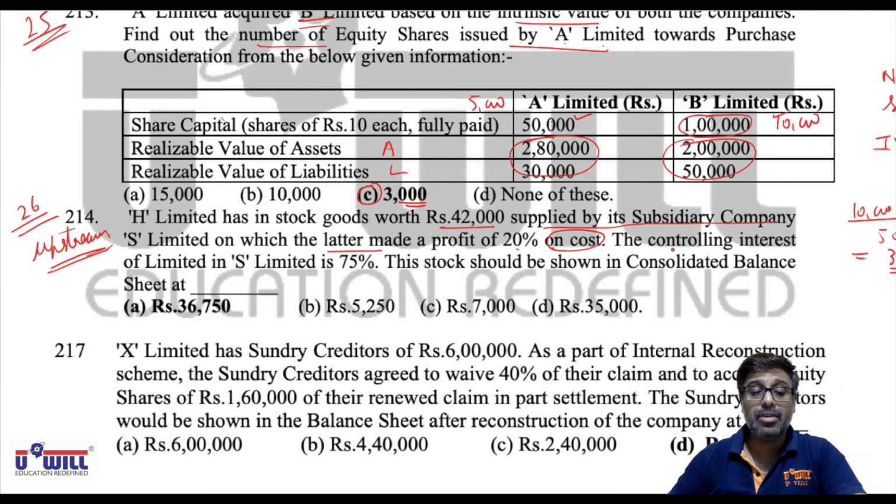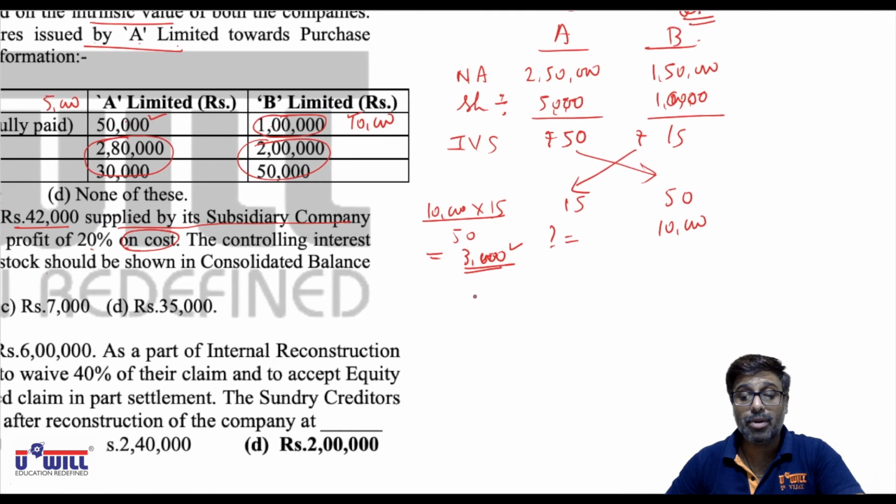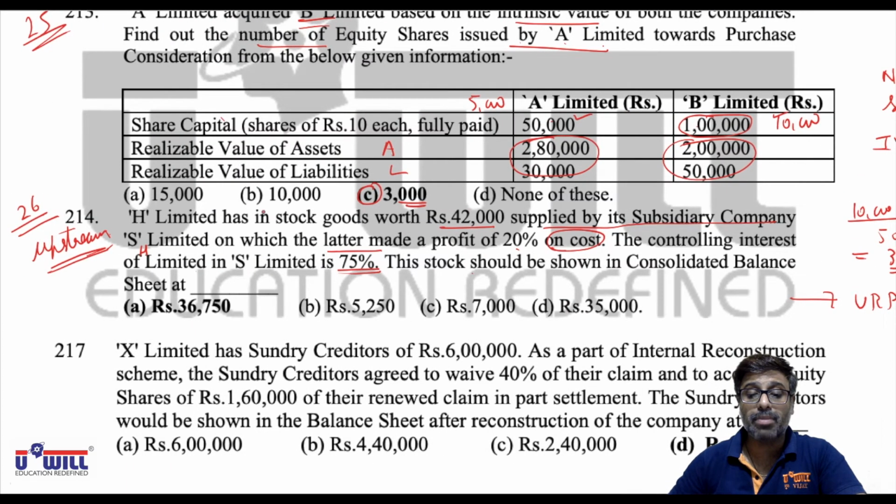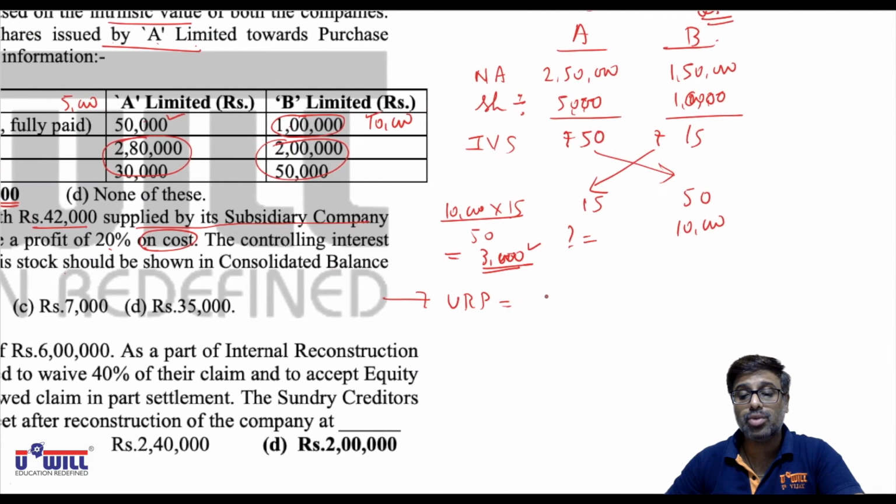The controlling interest of H Limited and S Limited is 75%. That is the degree of control. This stock should be shown in the consolidated balance sheet at what amount? So first we find the unrealized profit. How do we find the amount of unrealized profit? Understand this. First of all, 42,000 is there in stock, which means the goods remaining unsold, into profit is 20%, so 20 by 120 into